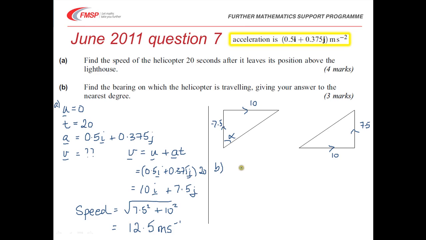So in this particular case, tan of alpha will be equal to 10 over 7.5, and if you use that information, that tells us that alpha is 53.13 degrees. Now again, we're giving it as a bearing, so the bearing to the nearest degree is going to be